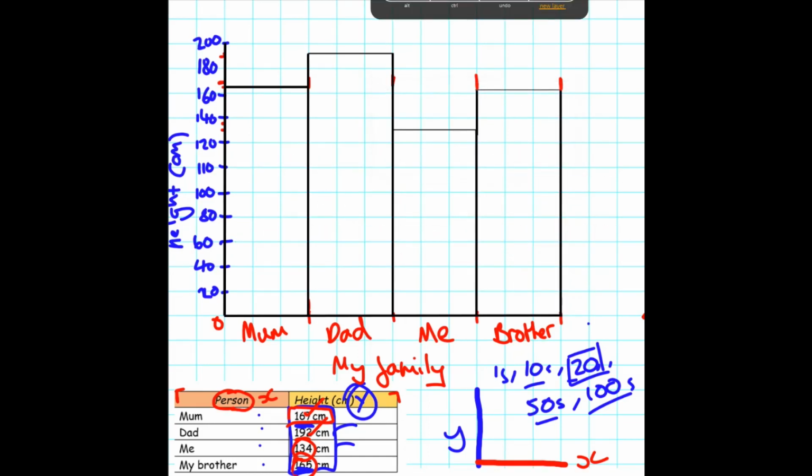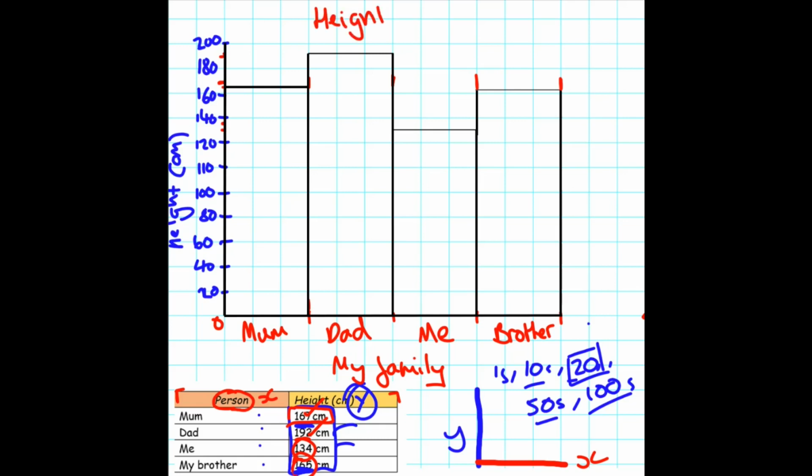And that is how I would put that graph together. You've got a few bits and pieces left to do. For example, you might want to give it a title. I decided to do the titles for the x and y axes first as we went along because it's just easier that way. But you might want to give it a title of